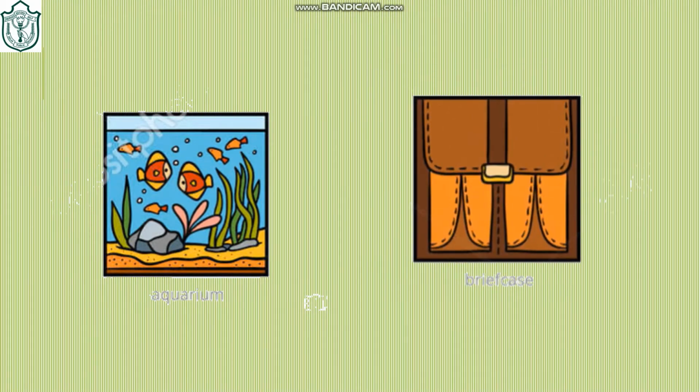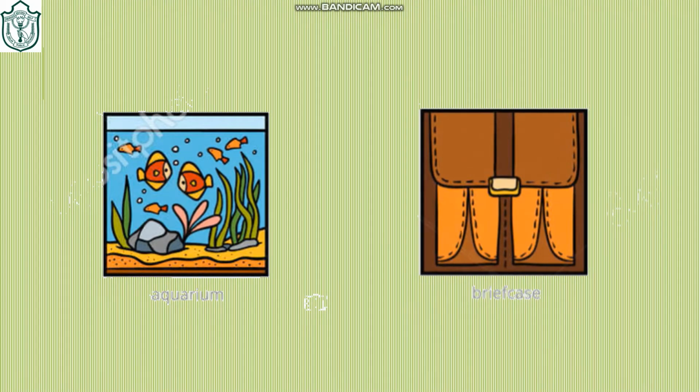See, this aquarium is also in square shape. Now this is briefcase. Whenever your papa or mama wants to go to office, they have to carry their office briefcase. Yes? So this briefcase is also in a square shape.